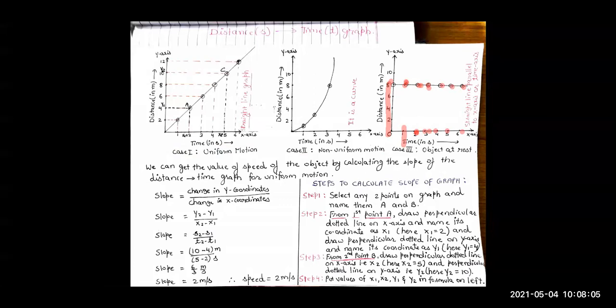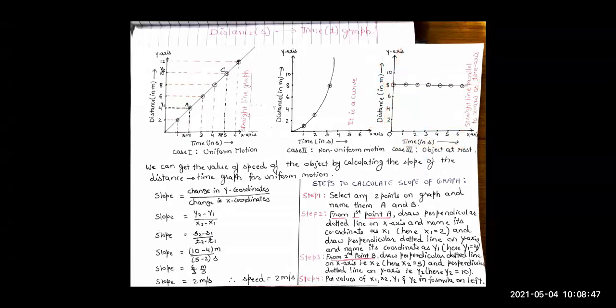So the distance time graph, as you can see, distance is on the y-axis, distance is in meters, and time is on the x-axis. So the distance time graph for object at rest is a straight line graph. And this straight line is parallel to the x-axis. It is parallel to the time axis, because on the x-axis what do we have? We are having the time axis.